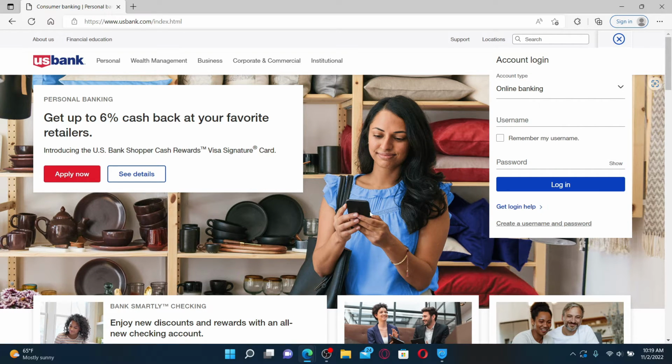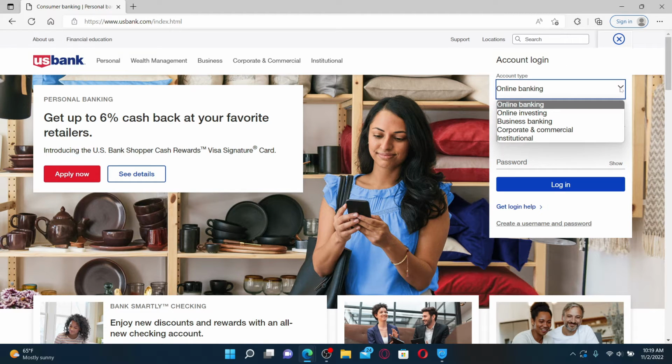Once you end up in the official site, go to the right hand side of the screen and from the account type drop down, go ahead and select the account type you'd like to log in with. Once you are done, in order to log in and access your credit card, select online banking account type and